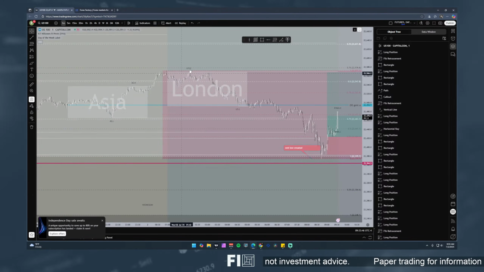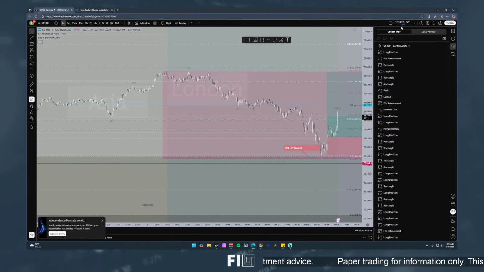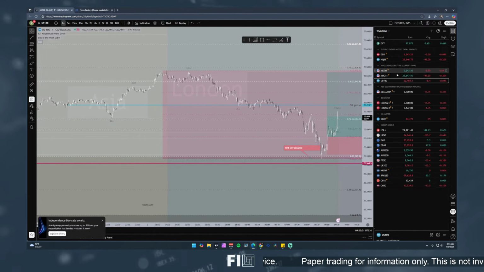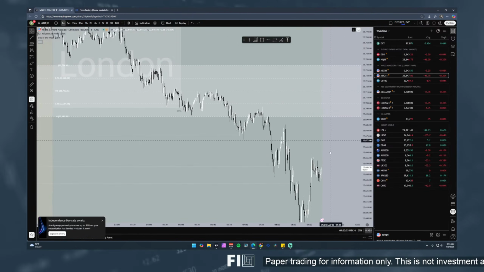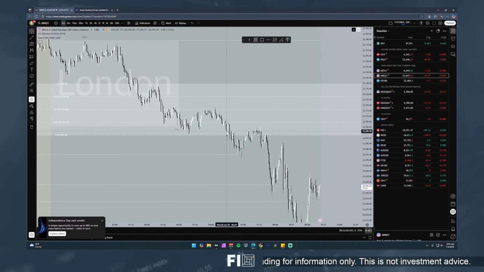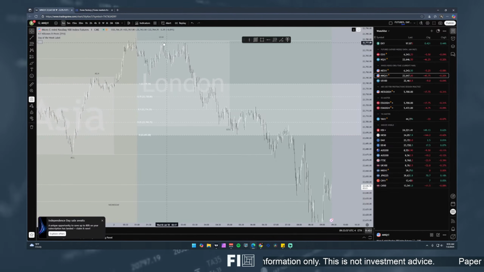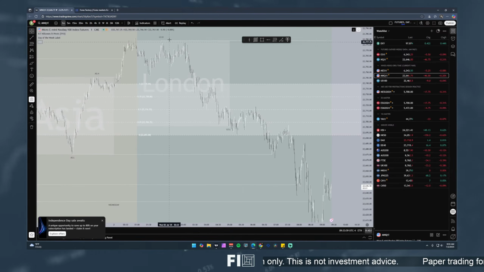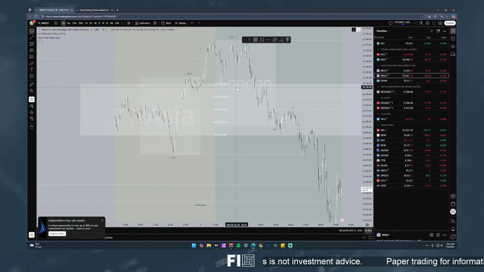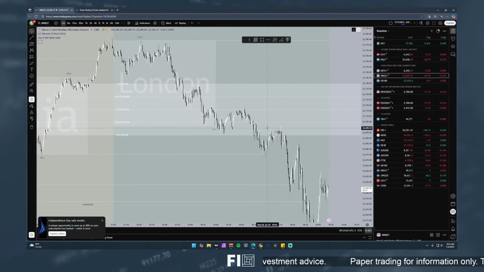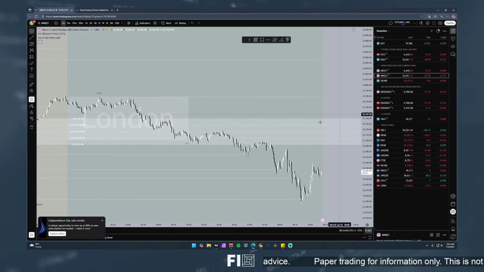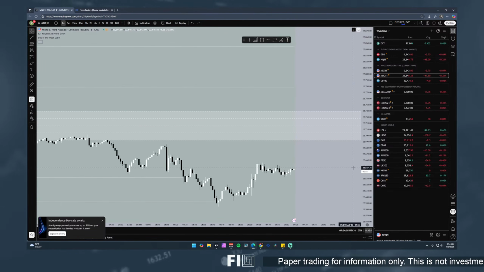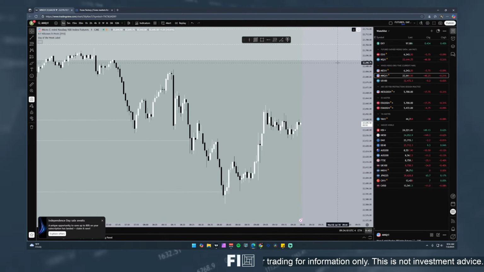That relative equal highs from London, which, as I've said before, you want to think of this as a premium array. But because we're trying to aim up here to these relative equal highs on London, I think that this is going to be traded through. Now, if you want to scalp this, let's see how we can have treated this.